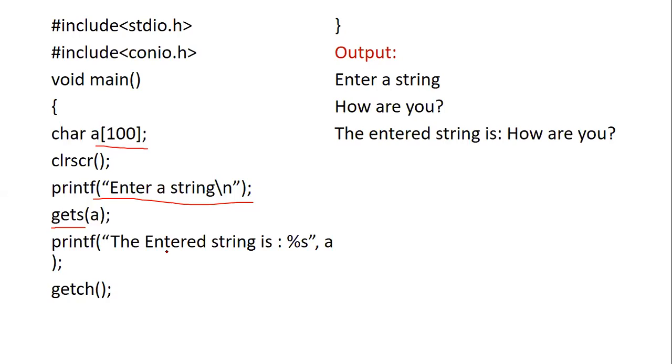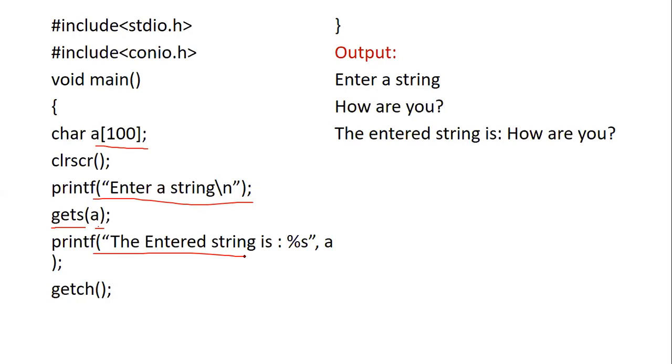When we want to accept an integer value, we use the scanf function. But as we have to enter a string, we use the gets function. The gets function accepts an argument. Whatever will be inserted in the string will be stored in the string a. So we are passing this a to accept the value for the string.